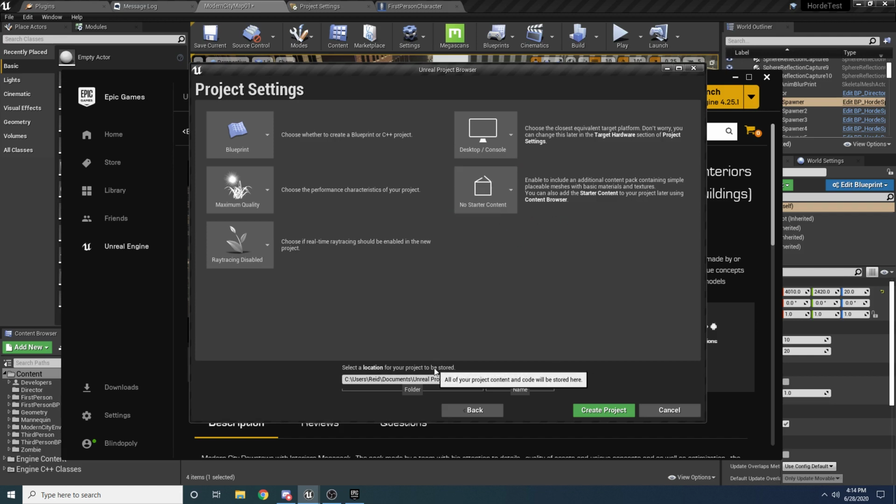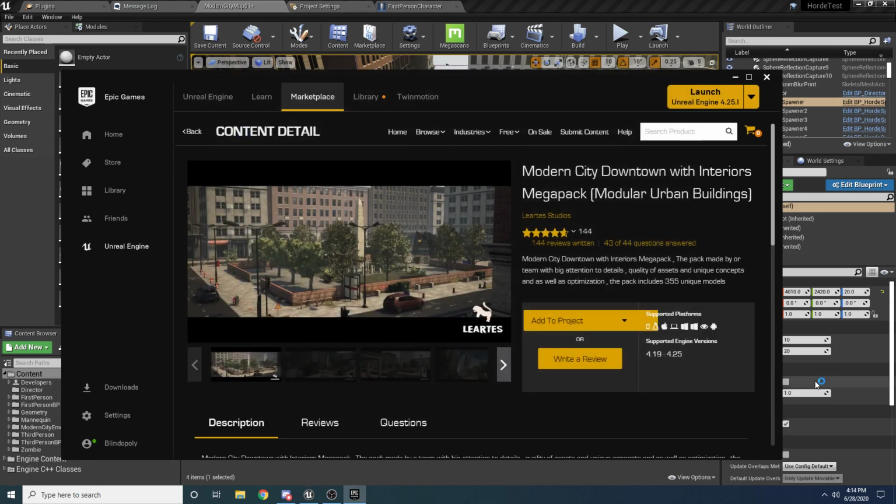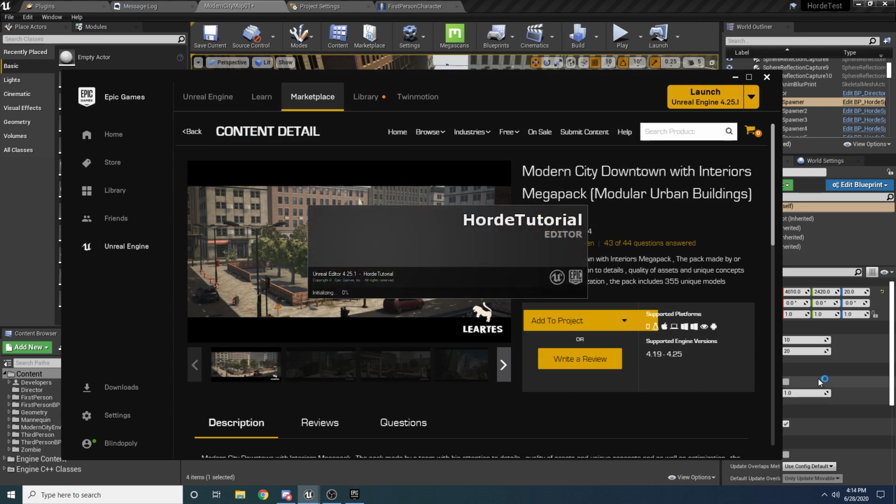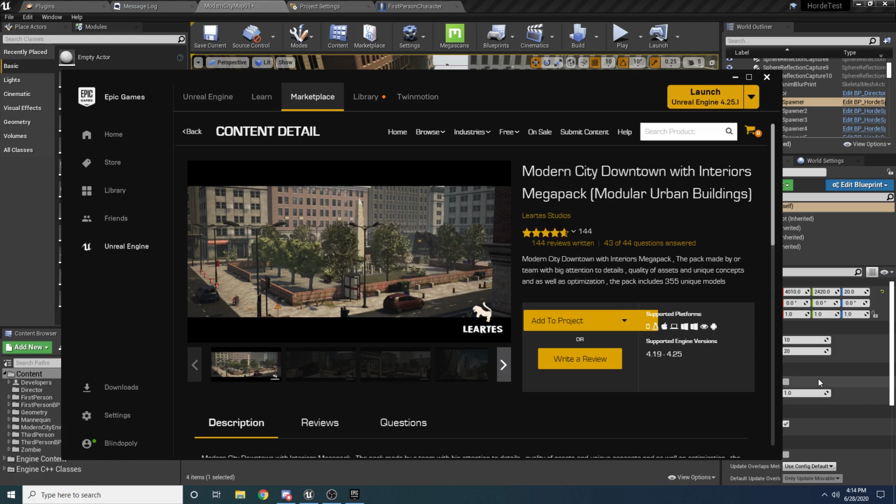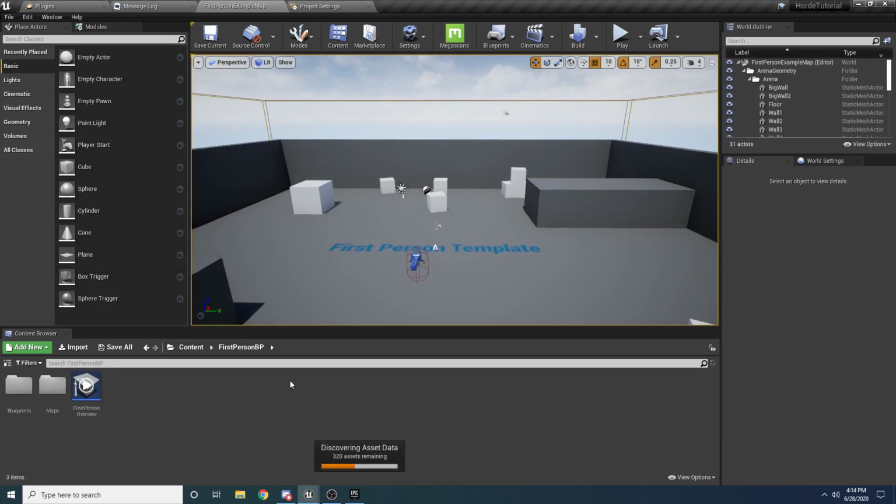I'm just going to call this Horde tutorial. I'll go ahead and create the project. There's a good amount of setup we're going to need to do before we can jump into the actual logic of this. The first thing I'm going to do is load up that map, and I'm just going to edit this out real quick so you guys don't have to wait. Actually, let's go ahead and wait a little bit to do that, and let's just get the zombie set up